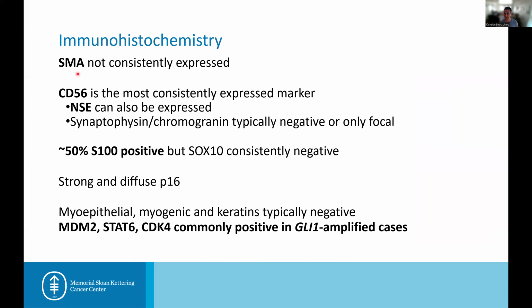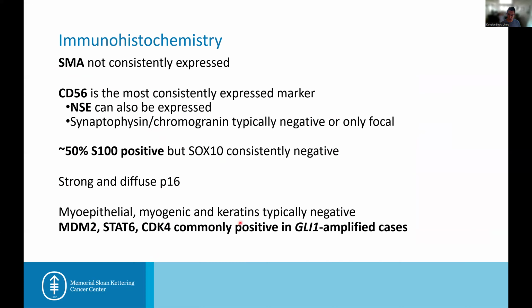SMA, despite the fact that it was initially called pericytoma, is not consistently expressed. CD56, although non-specific, is most consistently expressed. Synaptophysin and chromogranin are typically negative. S100 can be positive in about half of the cases, but SOX10 is negative. There's diffuse strong P16 positivity in many, many cases, and